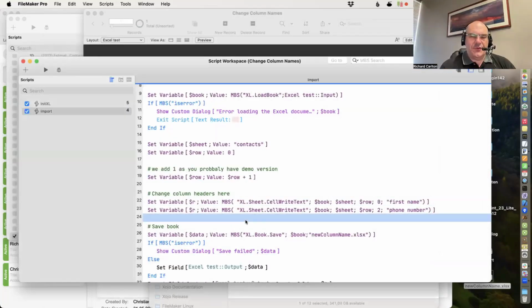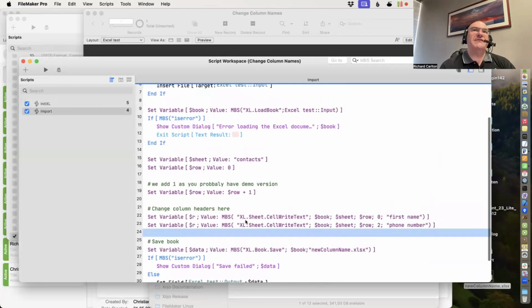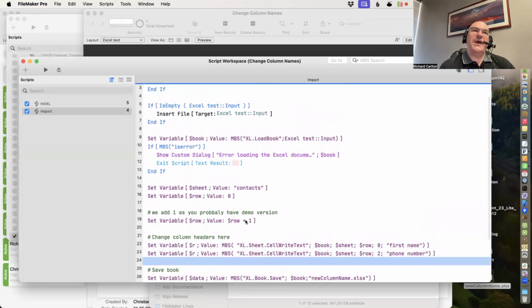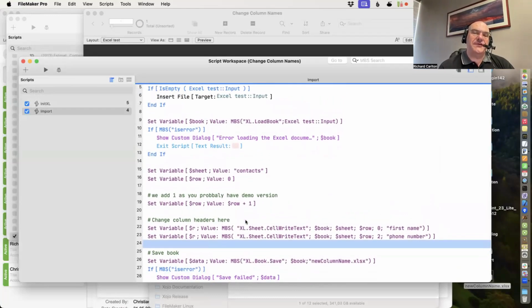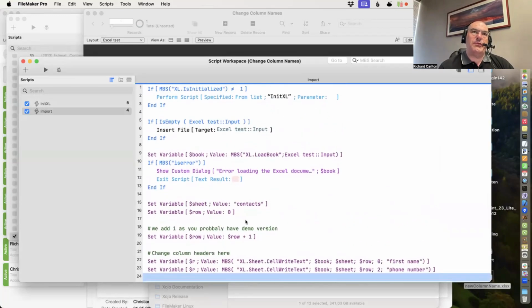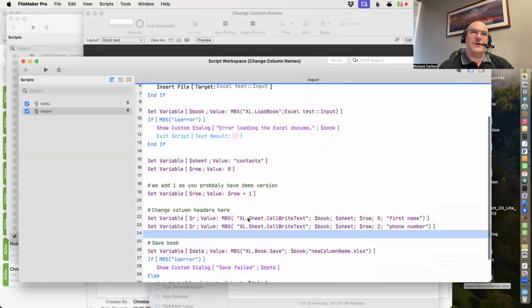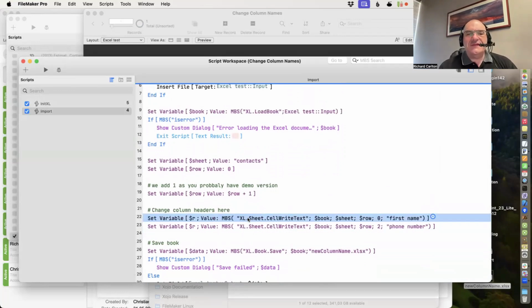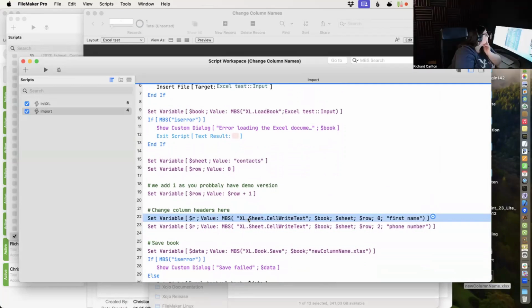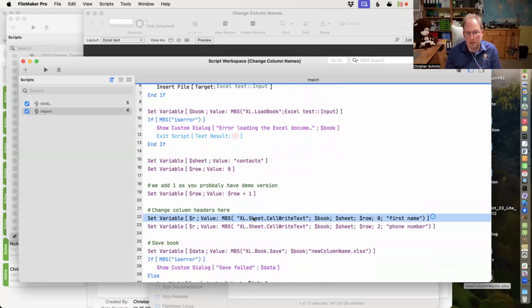Yeah, that is a really common request, not even in Excel, but in FileMaker. We have these fields, and some of us name our fields like ZK underscore Bravo 5 underscore first name, and people want to just have the first name in the column. It's a very common request. It could be anything. You can just load the file, export it with FileMaker, and then make adjustments. Like you can also color cells